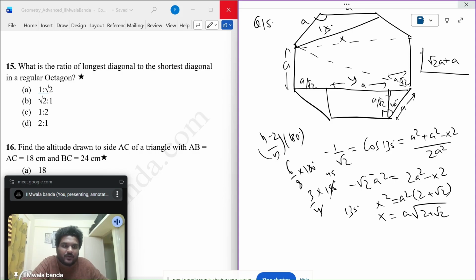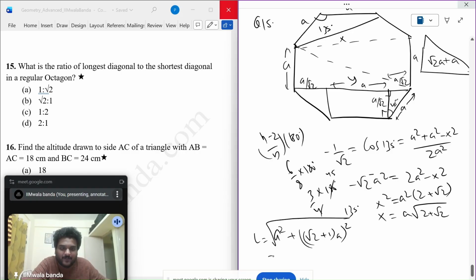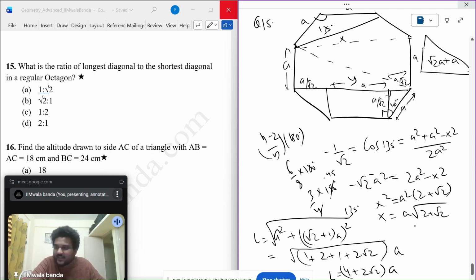So this side I know, this is A. I need to find the third side. So use A square plus root 2 plus 1 into A, whole square, under root. This is your longest diagonal. So 2 plus 1 plus 2 root 2 plus 1, A, and root of 4 plus 2 root 2 times A. This is your longest diagonal and this was your shortest diagonal, and longest by shortest will be